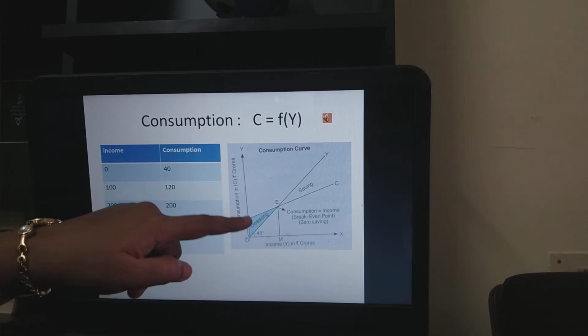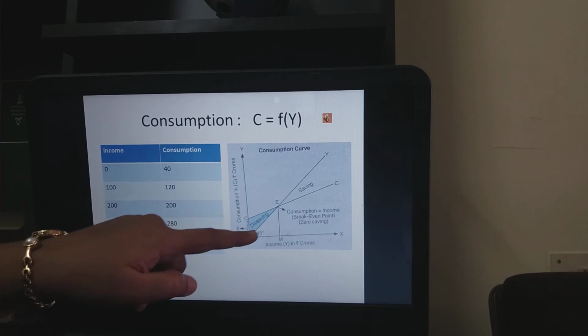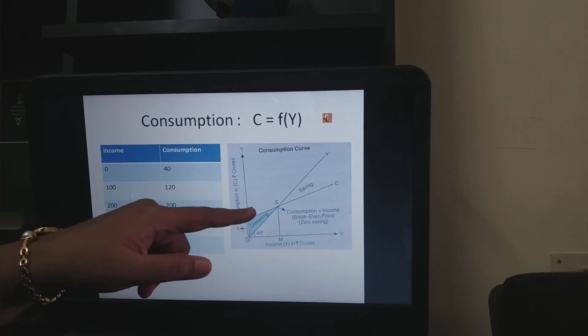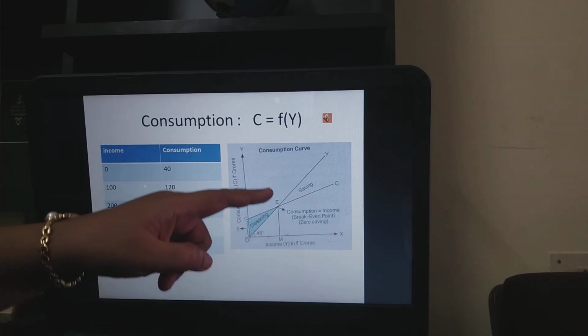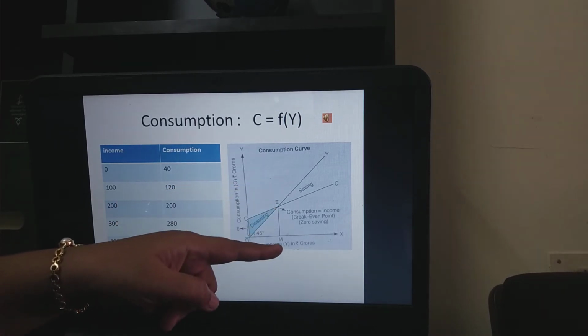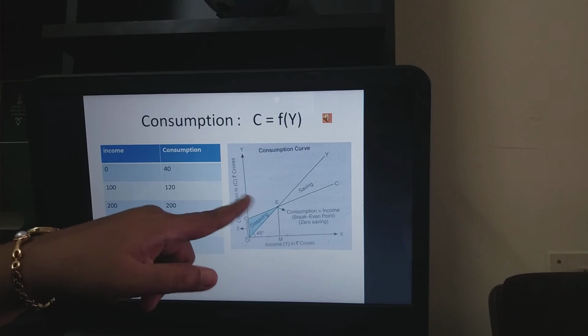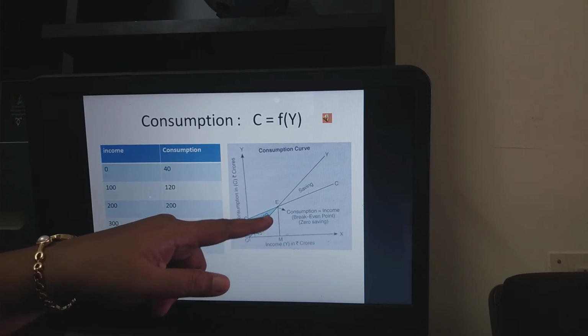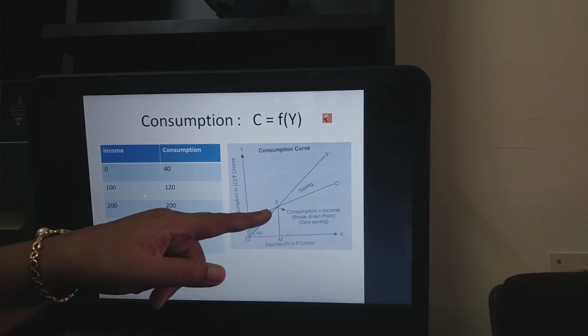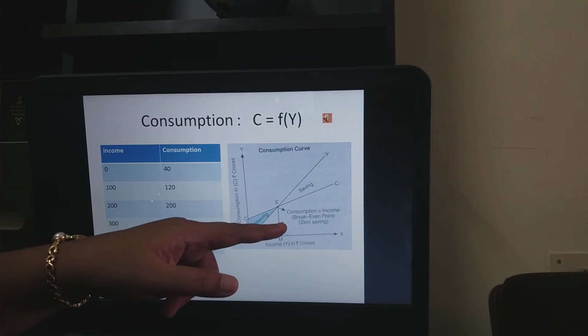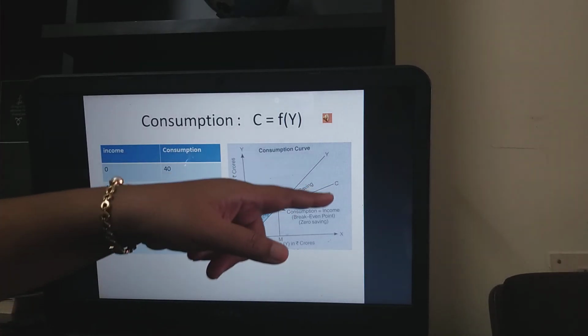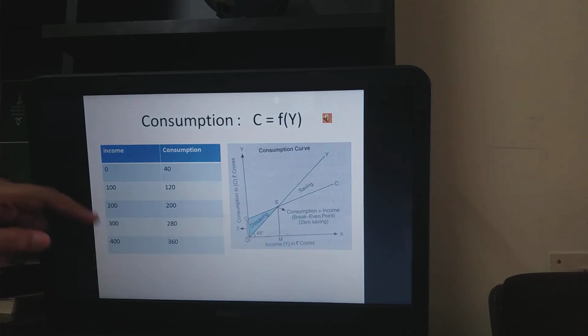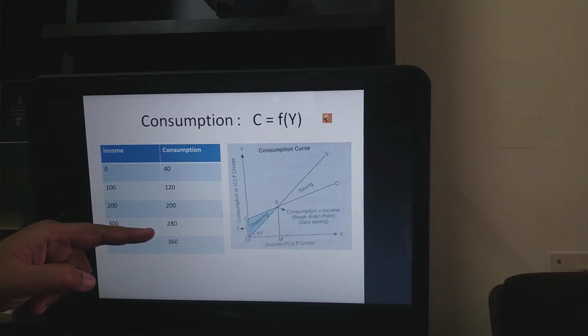So you see that there is an excess of consumption expenditure over the income, and the shaded area is nothing but the saving. And point E is exactly where the income is equal to the consumption, where the consumption curve is cutting the income curve, and that is supposed to be the zero saving curve. Beyond this break even point, as income continues to increase, beyond this level 200, the excess of consumption expenditure is curtailed.